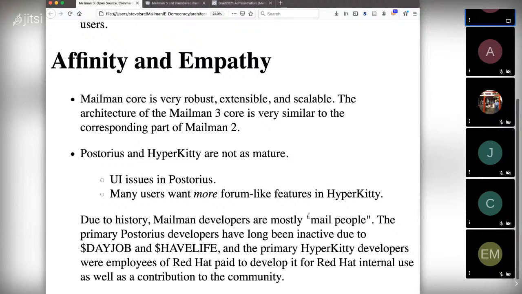In the spring of 2020, he first went to go for Postorius for the web interface for list and subscription management. And he decided that that was the obvious target because that's where his clients were, right? His clients were running simple mailing lists. They were mostly satisfied with the mailing list. Archives were not a big priority for him at the time.